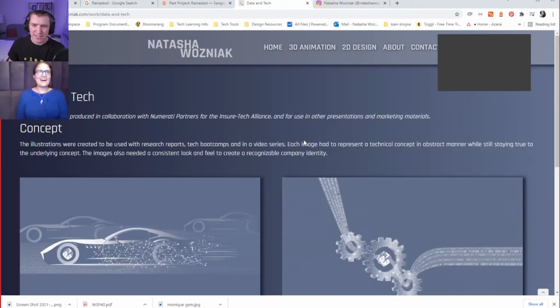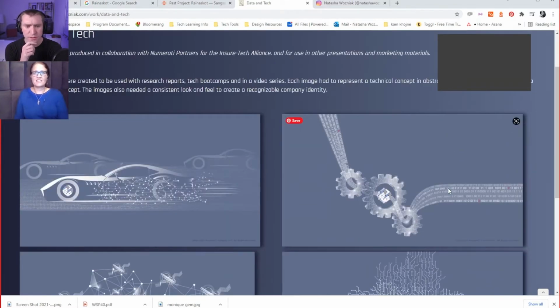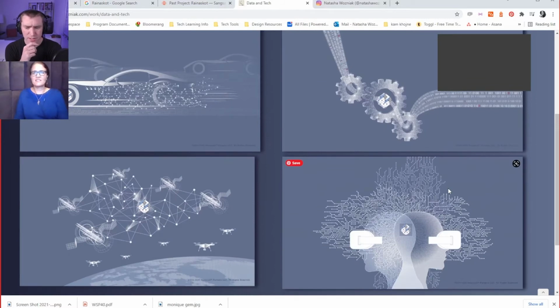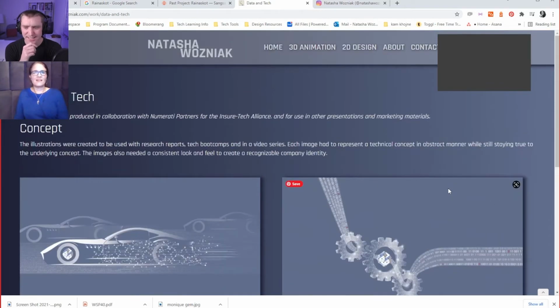Wow. And so you started learning Cinema 4D only about a year ago. Yeah. Wow. That is impressive. Did you make these illustrations in Cinema 4D, or how were they created? These are all Illustrator. Ah, jeez. Having to do all the shading and all of that kind of stuff.